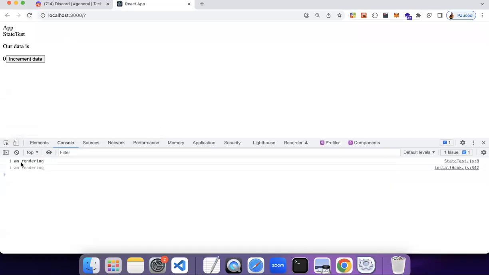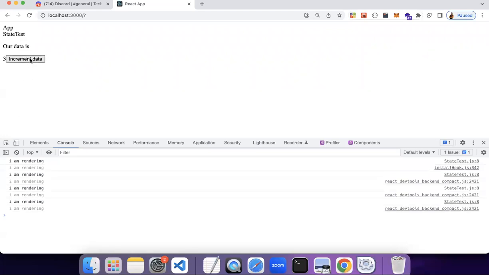Just ignore this gray part. You see it first, it is rendering once, and I click on one. It is again rendering. It is again rendering. Just ignore this gray area. This is because we are using development mode. That's why this grayish part is coming. You will know the difference between development and production. You just see when your website is live. That is basically production. But this is just React's internal feature. It shows this. Just ignore this. So it's coming one time. Okay. So now